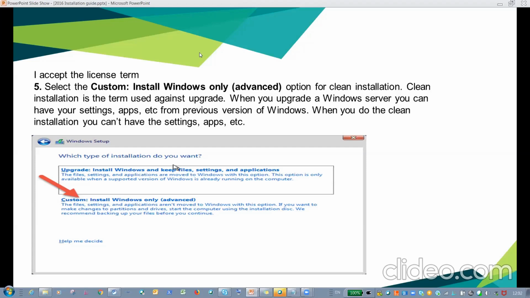If you have a legacy OS on the computer server, then we can choose the upgrade. The existing OS will be upgraded with the new OS. Only then can we choose the upgrade. Otherwise, we have to go for a new custom installation.